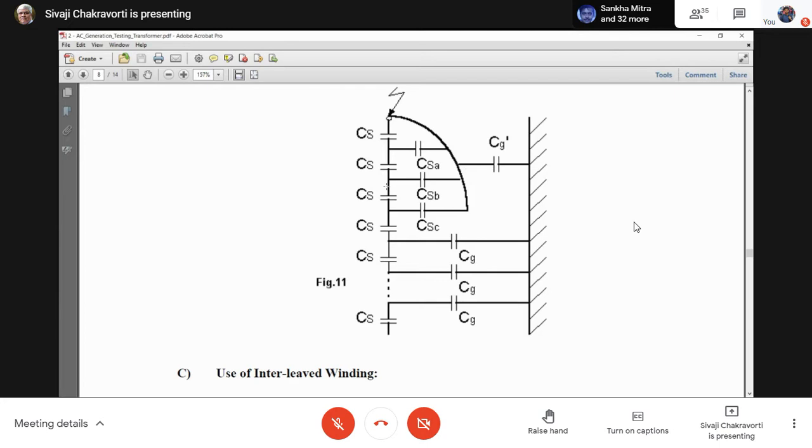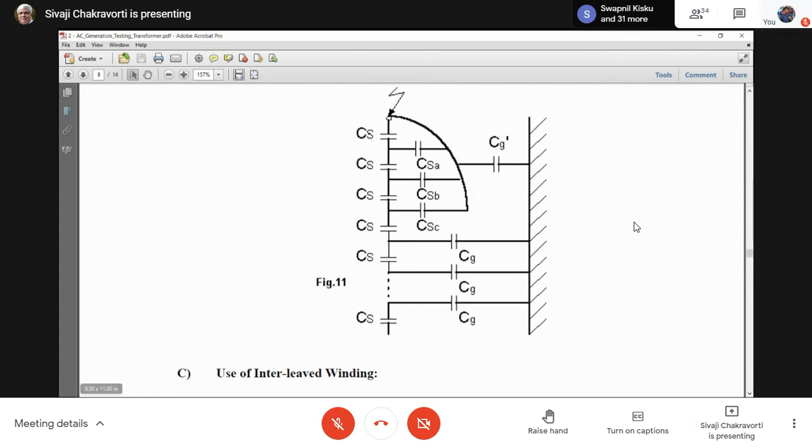Only one thing you can say, that this linearization never happens throughout the winding. It happens only across that part of the winding which is under the shield. That means typically maximum 15 to 20% of the winding. But the argument is that that is the part of the winding which is always getting the maximum voltage stress. So if we linearize in that zone, that is always beneficial. This is how we linearize at the high voltage terminal.